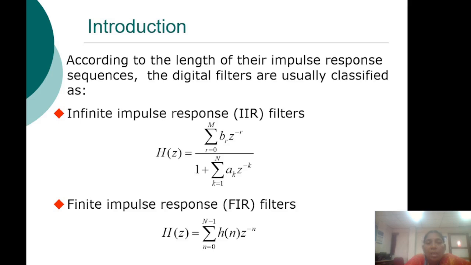If you see this picture, this is the magnitude specification of a digital low pass filter. Here you can see the peak ripple given by 1 plus delta p to 1 minus delta p, and the transition band. This is the transition band from pass band to stop band, this is the stop band area, and this is the pass band area for the low pass filter. And we have the pass band edge frequency and stop band edge frequency. Omega p is the pass band edge frequency, omega